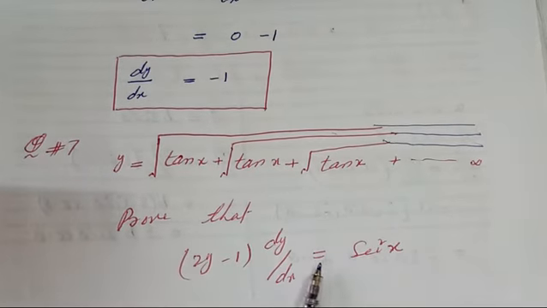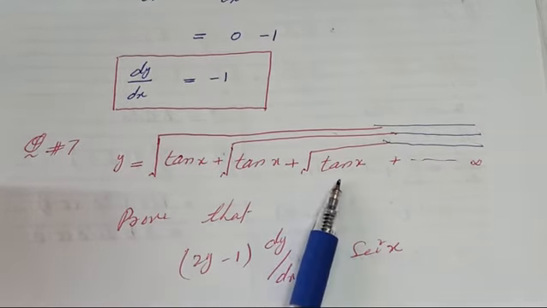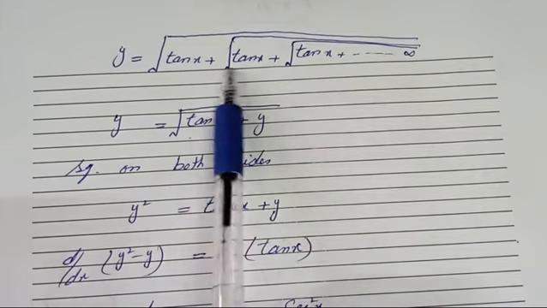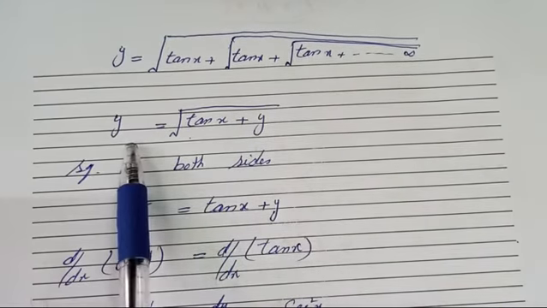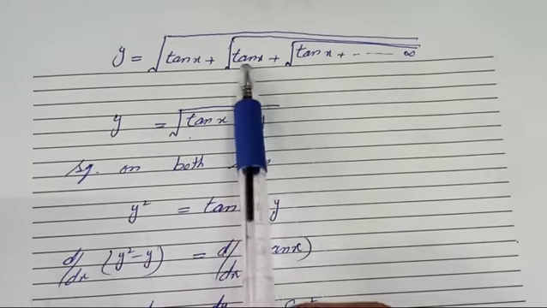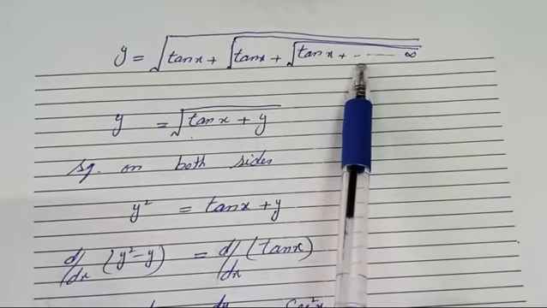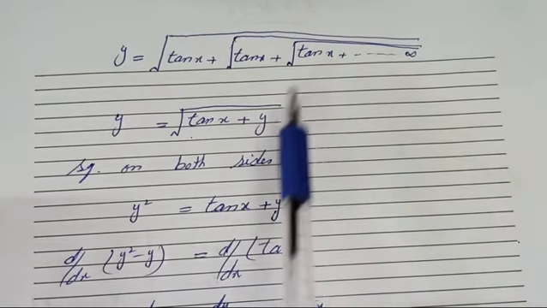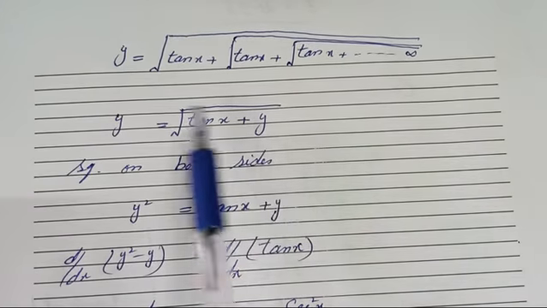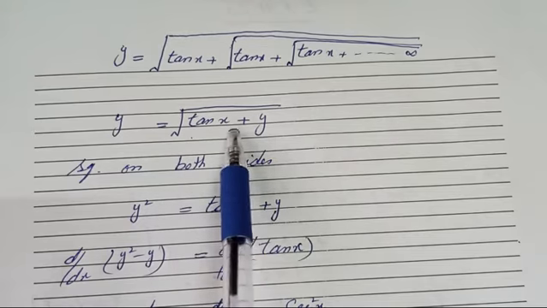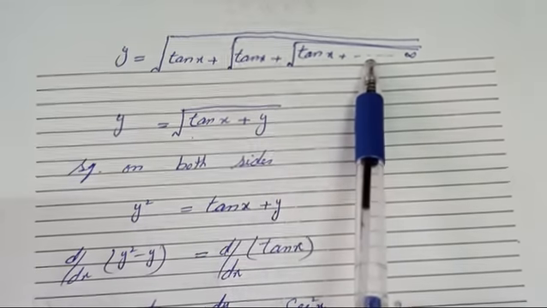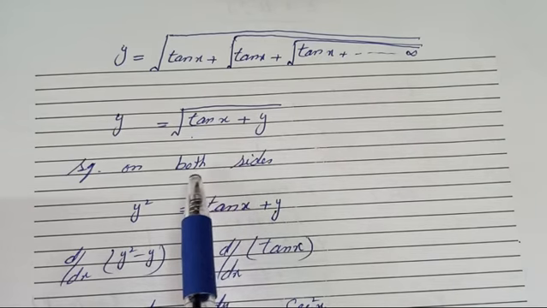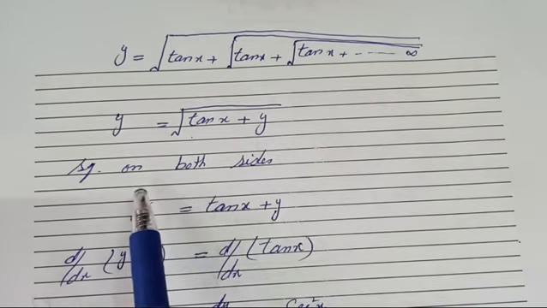We have proved this one with the help of this given question. So we have followed now y is equal to this given equation, and y is equal to square root of tangent x plus y. All of this we have replaced with y, because we can, since it goes on to infinity. So instead of writing all these terms, we have written here y. So y is equal to square root of tangent x plus y, and y is equal to all these remaining terms. Okay, squaring on both sides as to prove our given required condition.